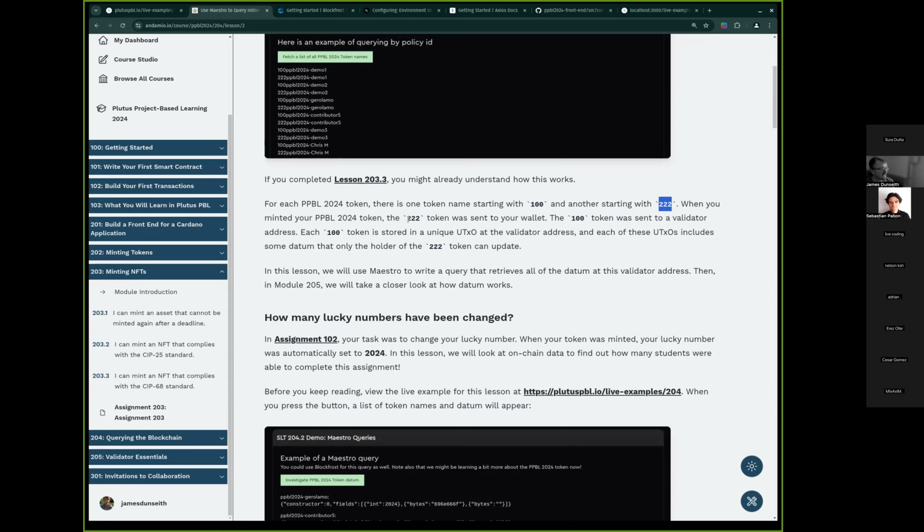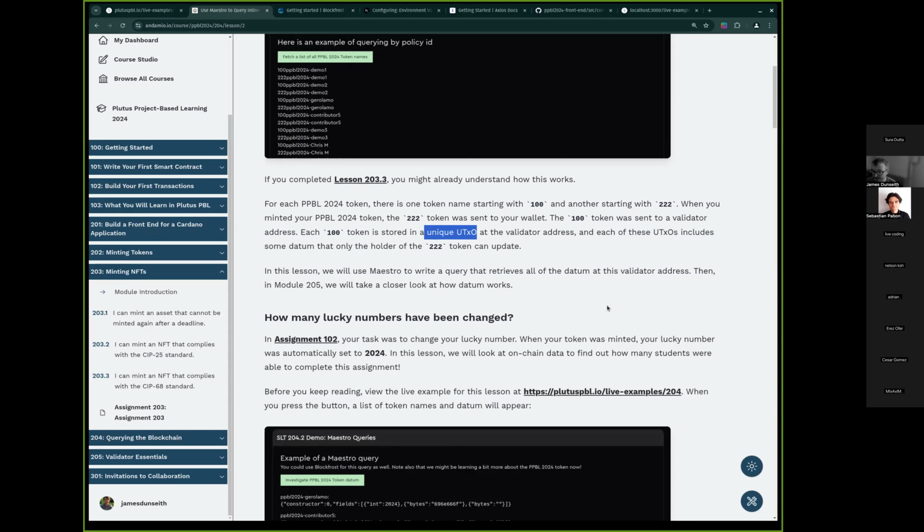Then you can send the 222 token to somebody's wallet, and you can send the 100 token somewhere else. In this case, we're sending the 100 token to a validator address. And each of those 100 tokens is stored in its own unique UTXO